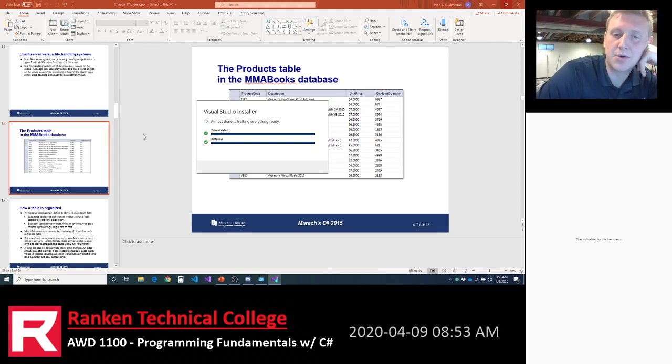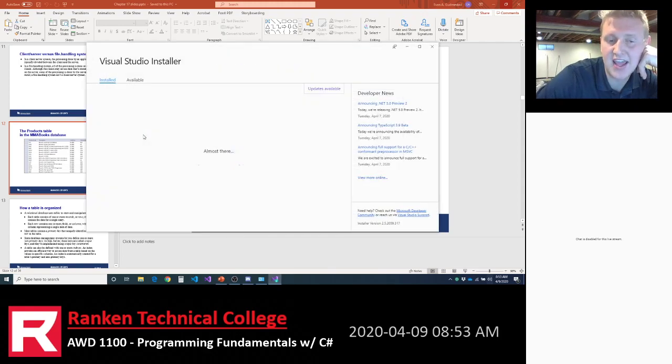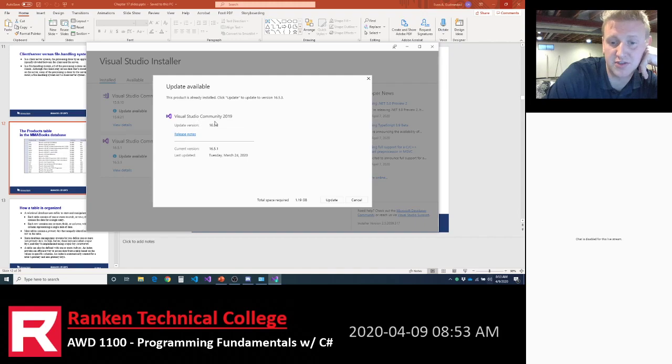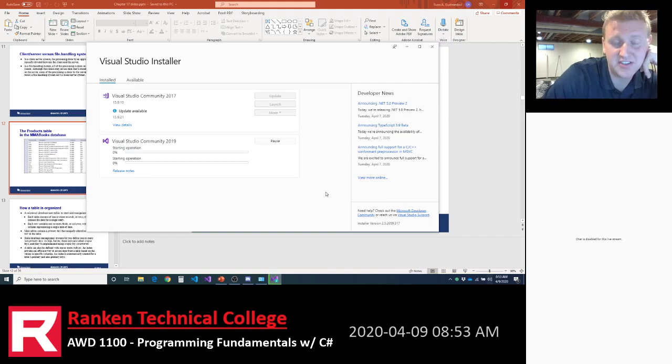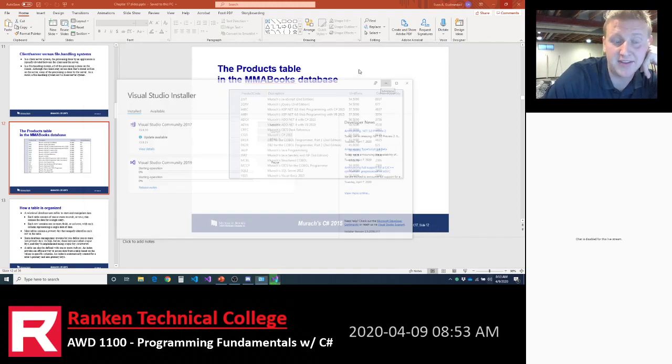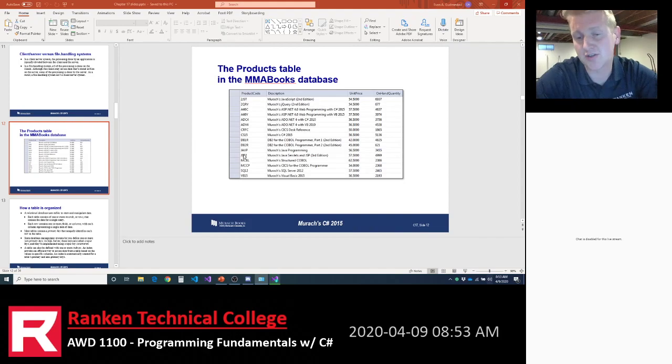So essentially what I'm going to look for is a server software, Microsoft SQL Server. Of course, it wants me to update this first. Okay, so this is going to take a little bit of time, so I can come back to the lecture. What I'm looking for is Microsoft SQL Server, but they have different versions of it, just like there's a community edition of Visual Studio, which is the free edition. I have to find the free edition of Microsoft SQL Server. Getting back to slide 12.